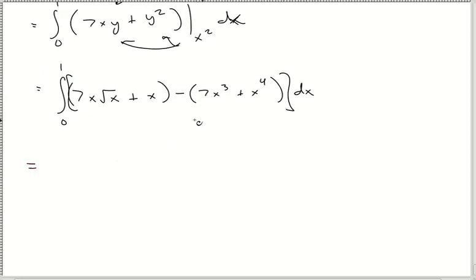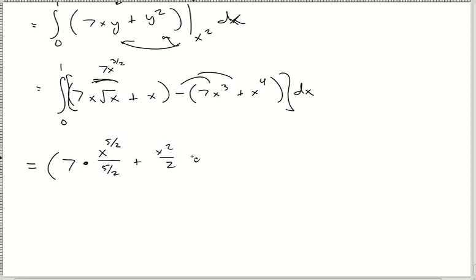Really, none of these terms actually combines with one another, so we're just going to go ahead and integrate it. I think the best thing you can do right here is see this as 7x to the 3 halves. That's going to be a helpful hint whenever you're integrating. So now it's going to be 7, and now it's going to be x to the 5 halves over 5 halves,